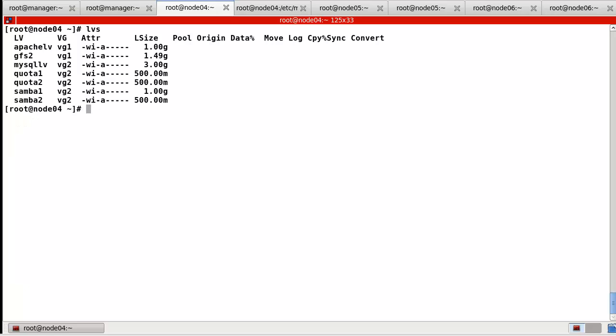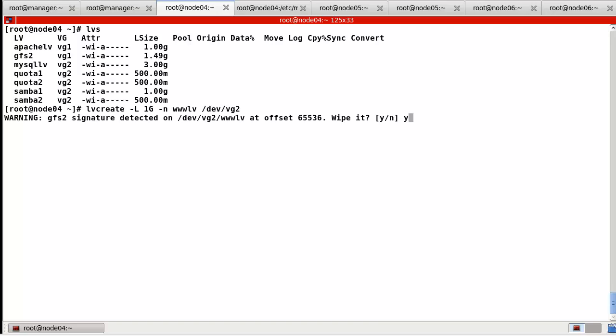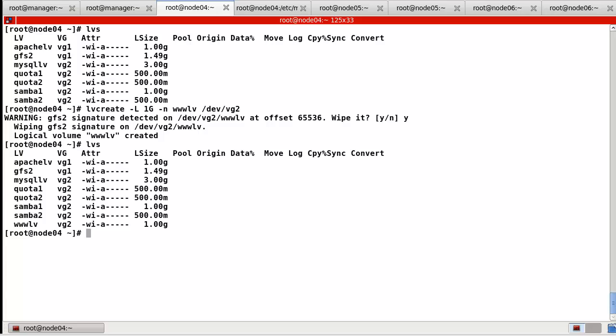So now here, let's create a logical volume. In my case, 1 gigabyte, name www.lv and the device VG2. Okay, yes. So let's check. Okay, now I created this logical volume.